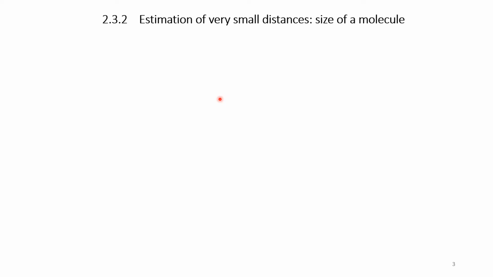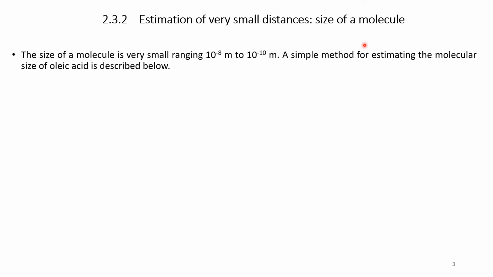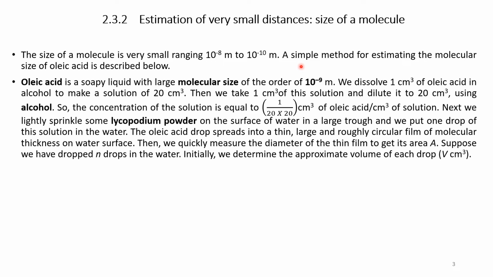Having studied the measurement of large distances, let us study about estimation of very small distances, that is size of a molecule or subatomic items. The size of molecule is very small, ranging 10 to the power of -8 meters to 10 to the power of -10 meters. A simple method for estimating the molecular size of oleic acid is described below. Oleic acid is a soapy liquid with large molecular size of the order of 10 to the power of -9